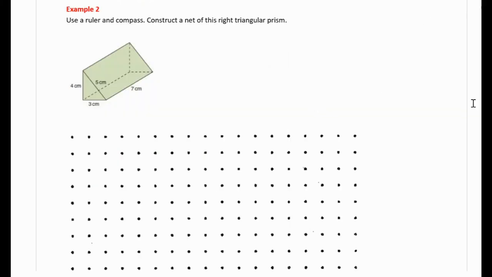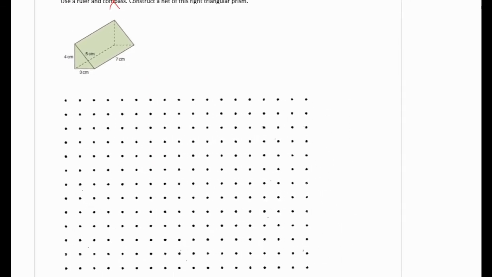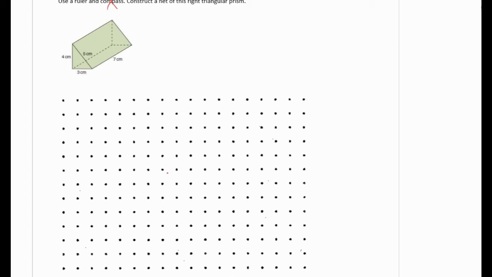Right, example 2. Use a ruler and compass. Construct a net of this right triangular prism. We don't really need a compass, so we're going to just use a ruler. I cannot use a ruler on the tablet. Okay, so we have a right triangular prism here. So we're going to draw a net. Okay, so let's start with